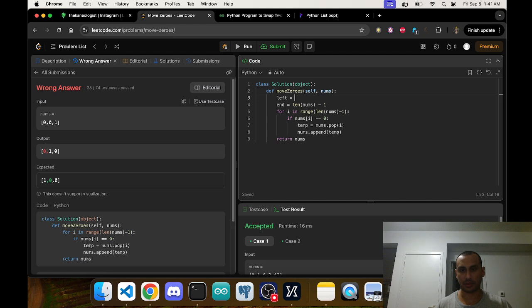Left equals 0, like I did before. Change this to a while loop, so I keep track of the end and just keep reducing the end. So while left, let's call it right. While left is less than right. So if nums left